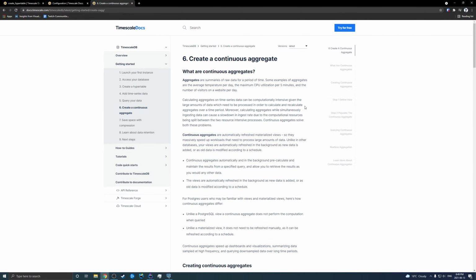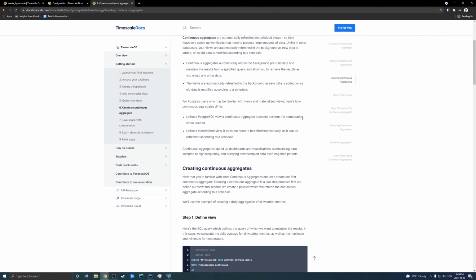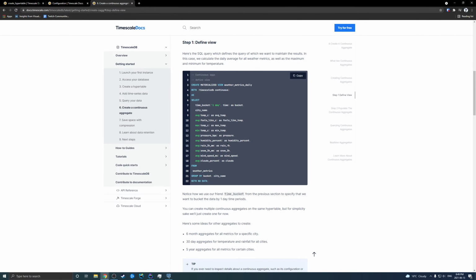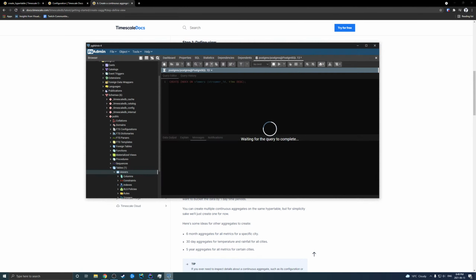I believe this is the create a continuous aggregate. So what this does is it basically creates a view on top of specific types of queries that you want to run that would be very costly to run on demand, but you can run them ahead of time and then just save the result, so that when somebody comes along and asks for the data, they'll just be served up a cached version of it, which actually would be really helpful in the case where I try to aggregate all of the